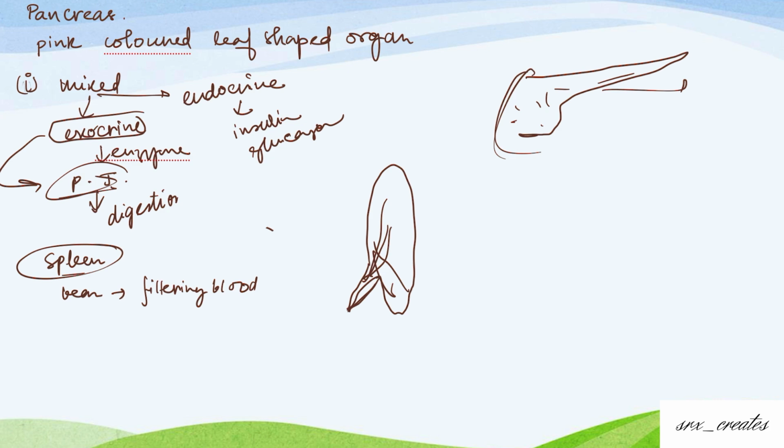Now where is the spleen situated? The book has a very difficult portion which is not possible to understand for class 9 students. As I said, we have to omit some topics. Now explain this. Spleen is a small organ. Bean shape means small organ. It is inside our left rib cage, let's say this is the sternum, ribs.